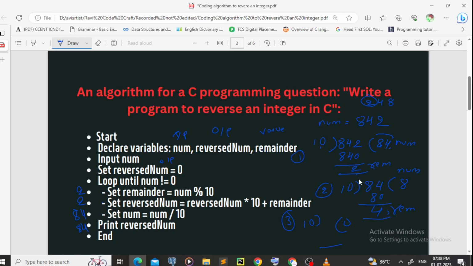Since we are going to perform this loop until our number becomes 0, now our first operation is done, and in the second operation, look, our number is 84, and we are going to divide it by 10. So it is 80, and our remainder will be 4. So this is our new operation. We will change the values here. So first our remainder will be 4, and our number will be